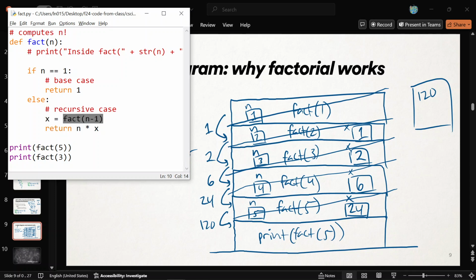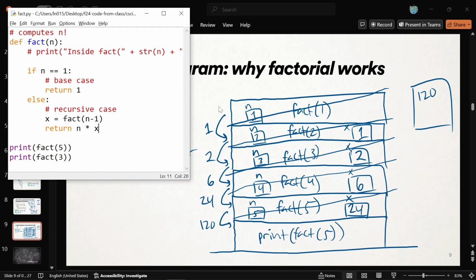It's not immediately obvious that you calling yourself is going to make any progress at all or actually work. But in reality, because of what we've seen, you can just assume, all right, somebody asked for fact_of_5, this is really going to compute fact_of_4 correctly. You can just assume that. You don't have to have any extra thought. It's going to make its way down there and do it right. As long as you build up the answer correctly and have the correct base case, it really will work. Okay. So that's the moral of the story.